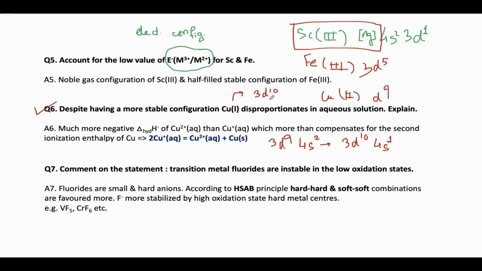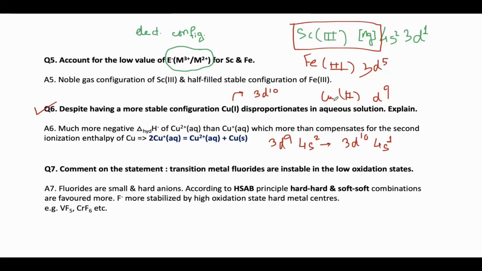This 3d10 configuration is much more stable than the d9 configuration because it is a full-filled subshell, but d9 is neither full-filled nor half-filled. So no such stability comes from the d9 configuration, but there is significant configurational stability in copper 1+. The question is, though copper 1+ has this extra stabilization,